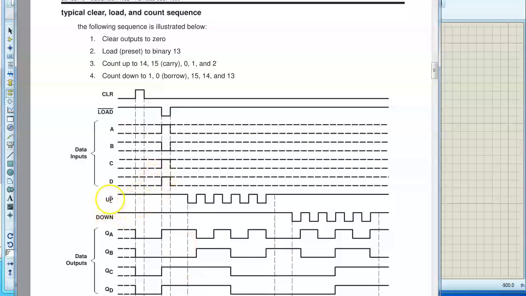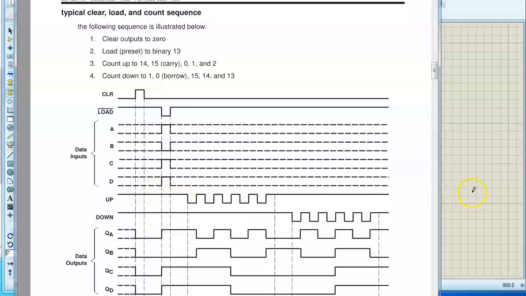The up and down pins are where you feed a clock signal. Okay, this is a clock signal. When you look carefully, either this is going to be the clock signal or the other one is going to be the clock signal. You can't feed the clock signal to both. You have to decide. And when you feed a clock signal, the other pin has to be kept high.